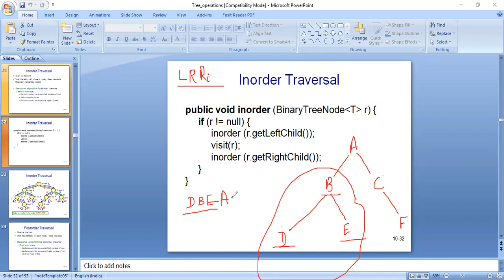So we have to mention here C because it is not having left part. So that is why we are mentioning the root first. So root and then is the right side of the subtree. Fine. So this will be the in order of this particular tree. This is the in order traversal of this tree.